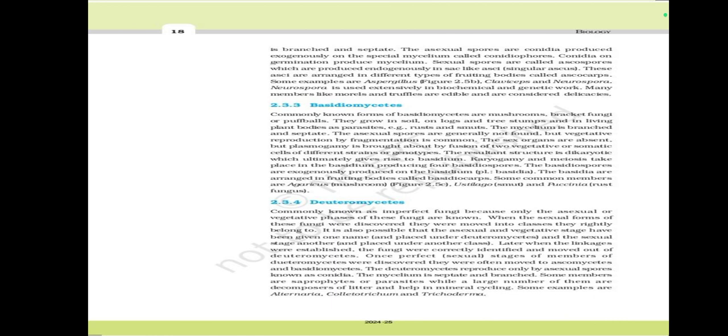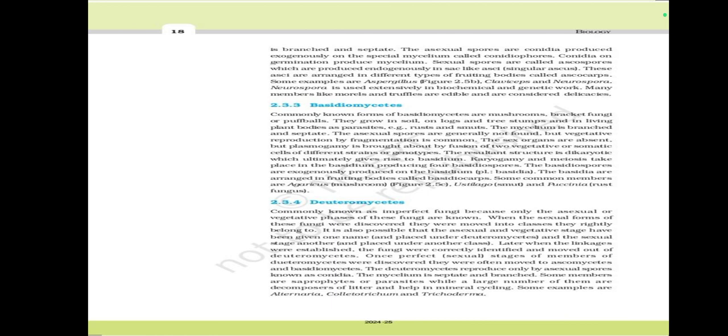Later, when the linkages were established, the fungi were correctly identified and moved out of Deuteromycetes. Once perfect, the sexual stages of members of Deuteromycetes were discovered, they were often moved to Ascomycetes